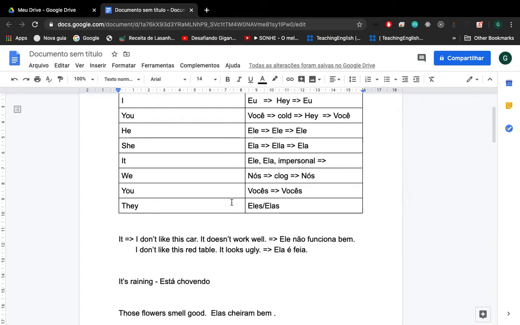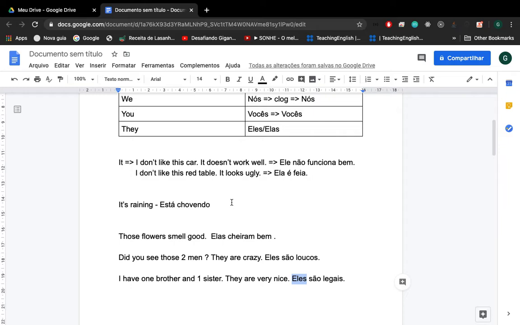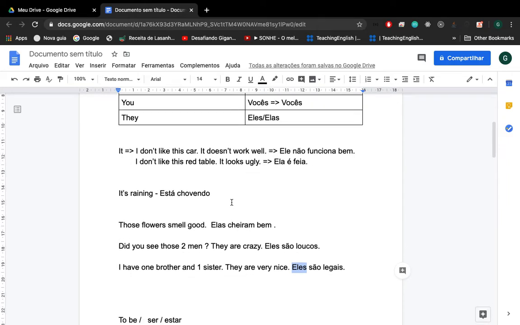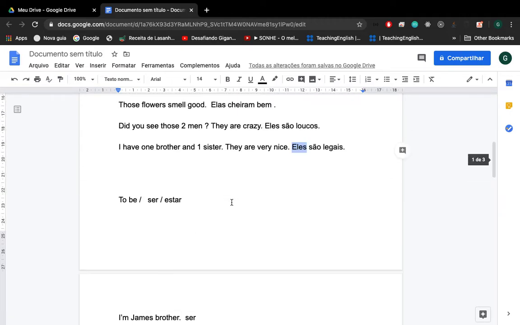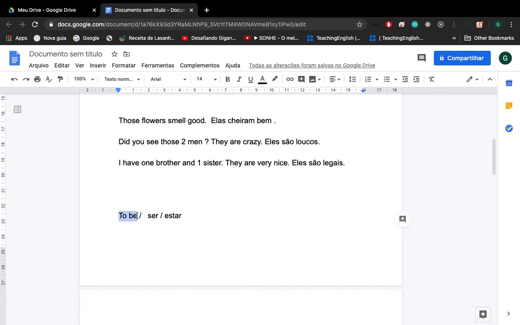Okay, guys? I know it's a lot of content on the pronoun thing, but we have another thing to learn if we're gonna learn how to build sentences in Portuguese, because you can't just build a sentence with only a pronoun. Okay, you need verb, you need action, or you need like state of being or mind. Okay, so for that we're gonna take a look at the verb to be. In English is the verb to be, and in Portuguese it's gonna be ser and estar.